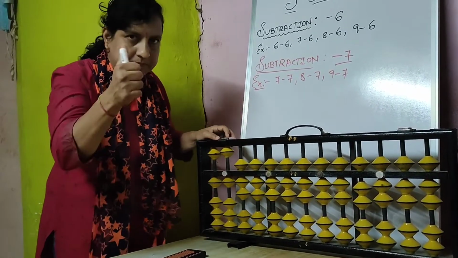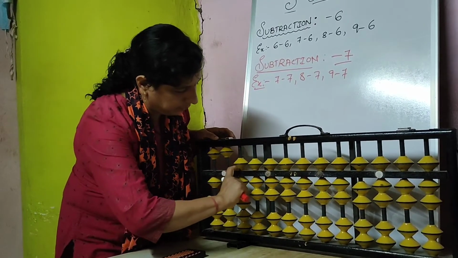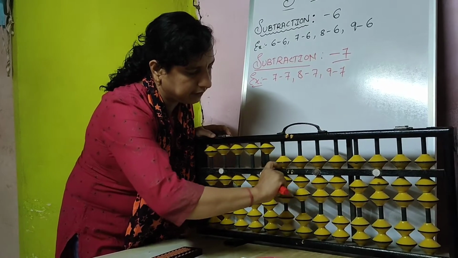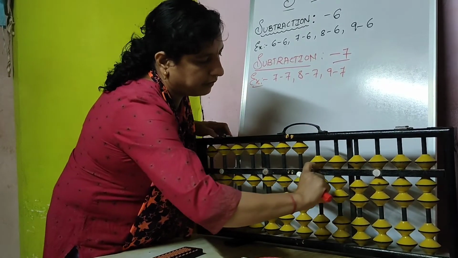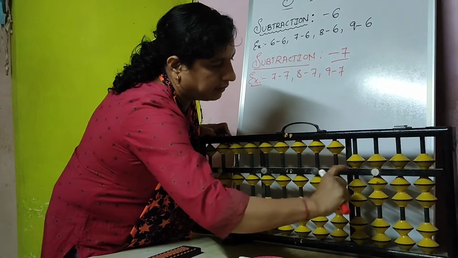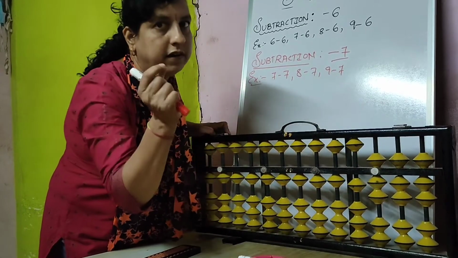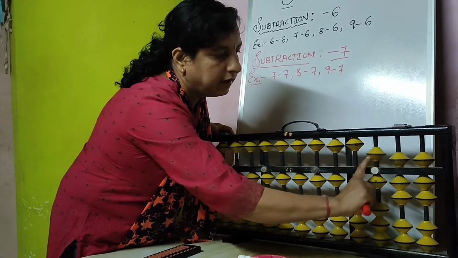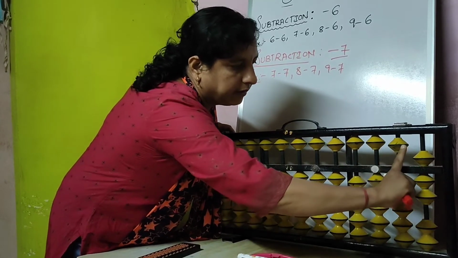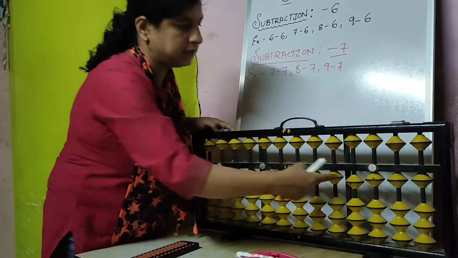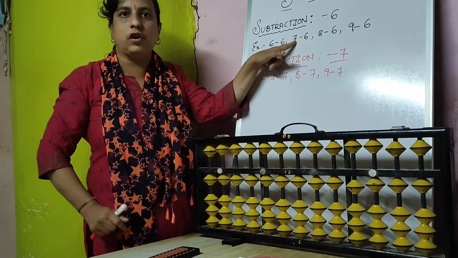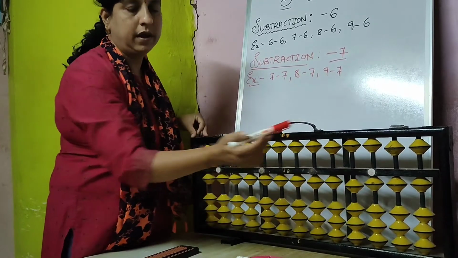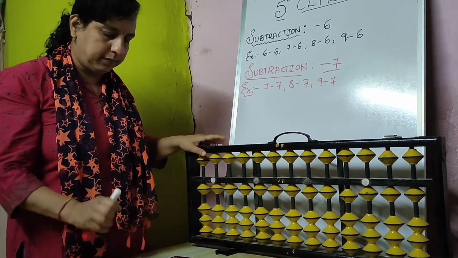Okay, so see here. 1 upper bead, 1 lower bead you have to move apart. Minus 6. Say minus 6. When there is 7, it is a little bit difficult because one bead is there. You should not move this. So here like this, 1 upper bead, 1 lower bead. So the answer is 1. In 7 chocolates, 6 chocolates I will eat, means 1 chocolate will remain. My answer is 1.